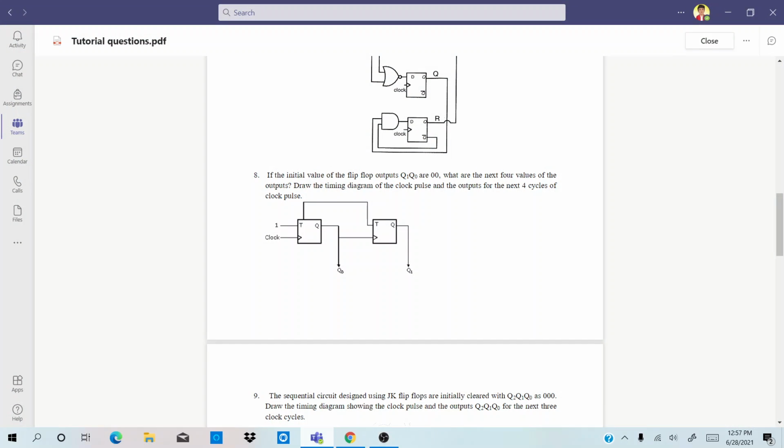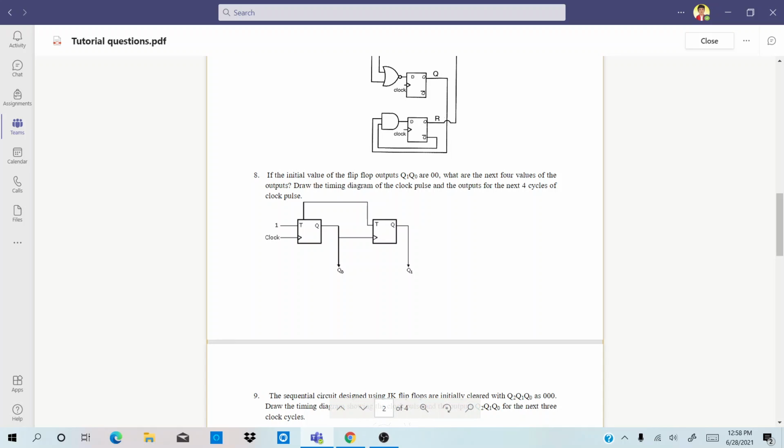Hi, today we are going to see question number 8. What they have given is two flip-flops, Q1 and Q0, and Q1 and Q0 are 0 0, and they ask us to find the next four clocks. As you see, it's positive triggered. It's a cycle, and the input of T is 1, and the same input 1 is given to this T also. So here also it's